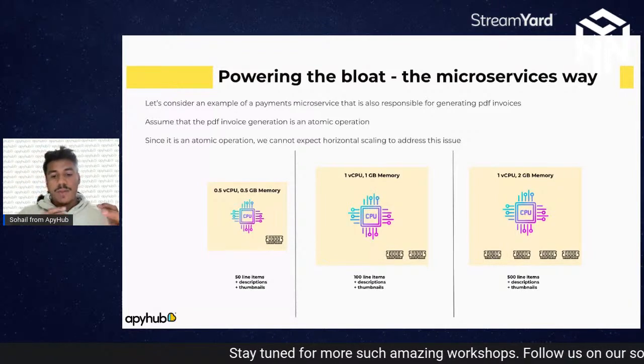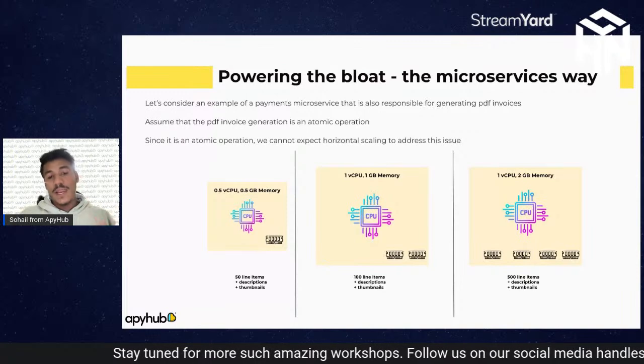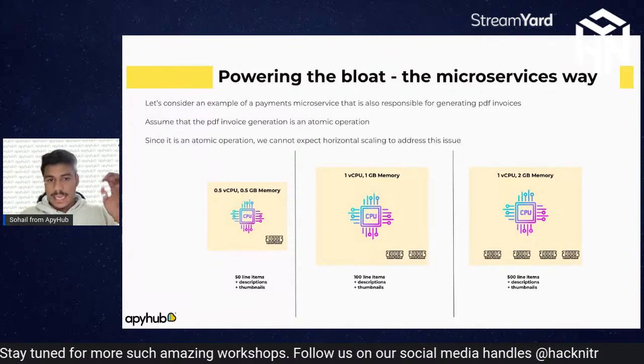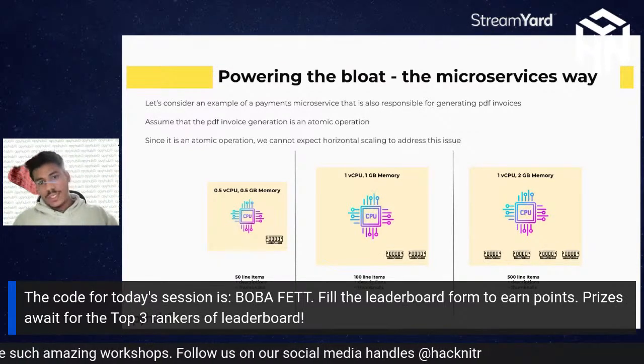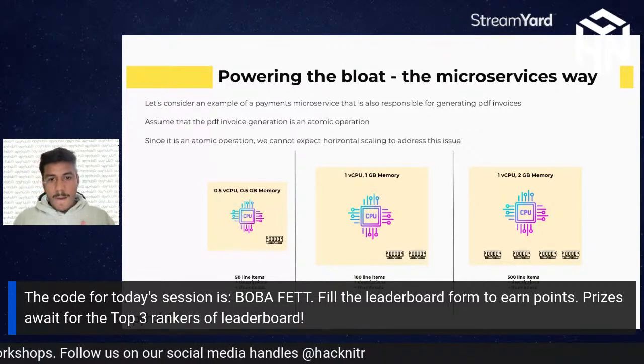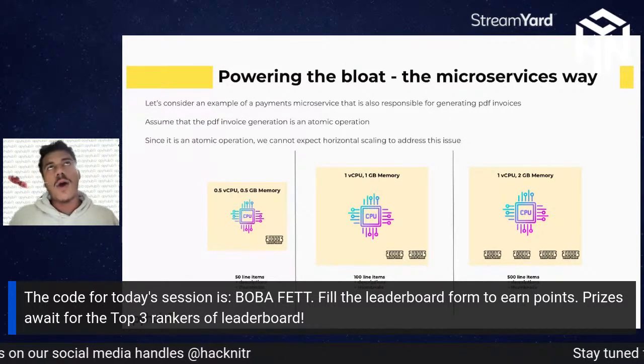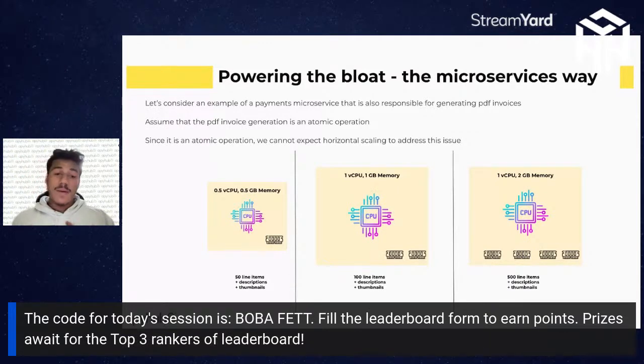So we can't create multiple instances, but what we can do is a vertical scale, and increase the resources for that microservice particularly. But again, there is a problem: how am I going to pay for it? It won't be an issue with 100 items.